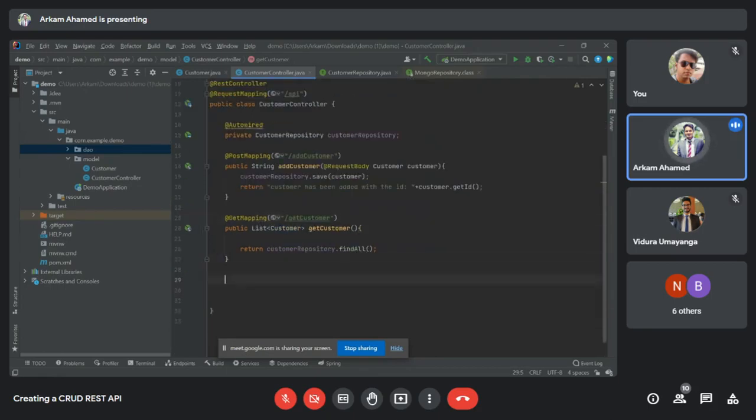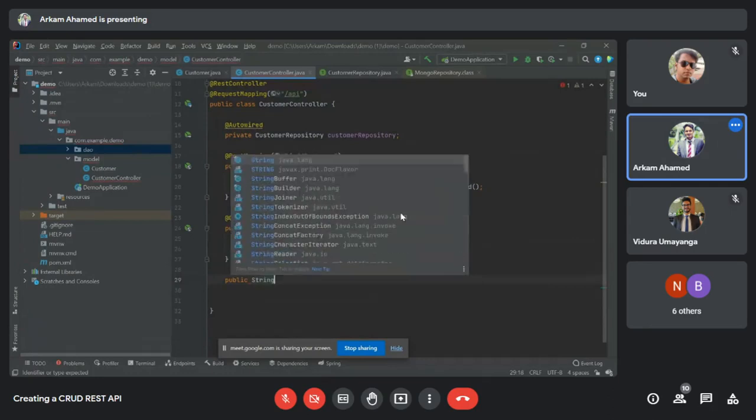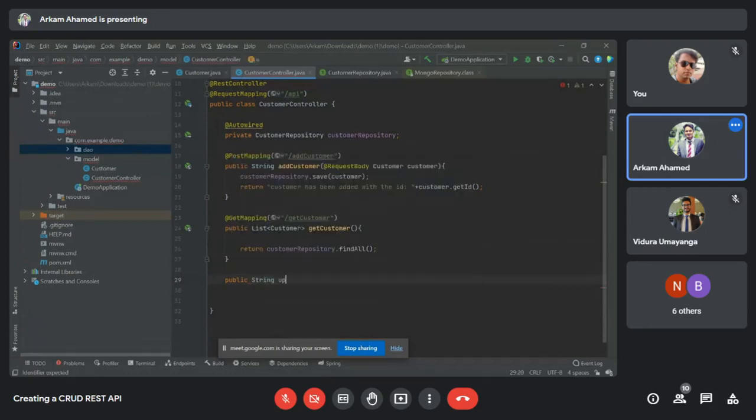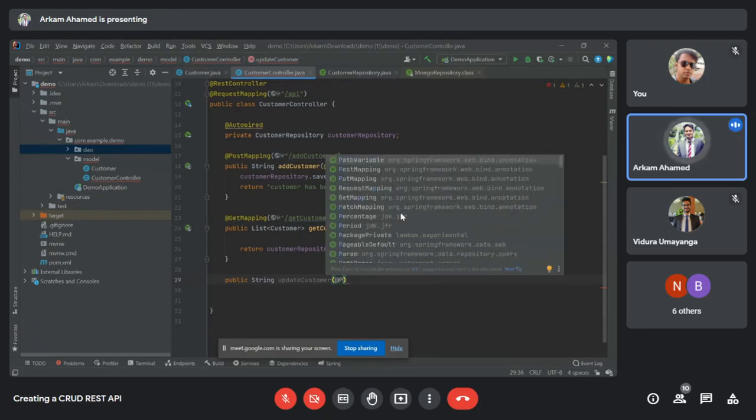So the next one is update. To do that, create a method. In order to do that, you'll have to get the ID from the user. So I'll have to pass PathVariable.